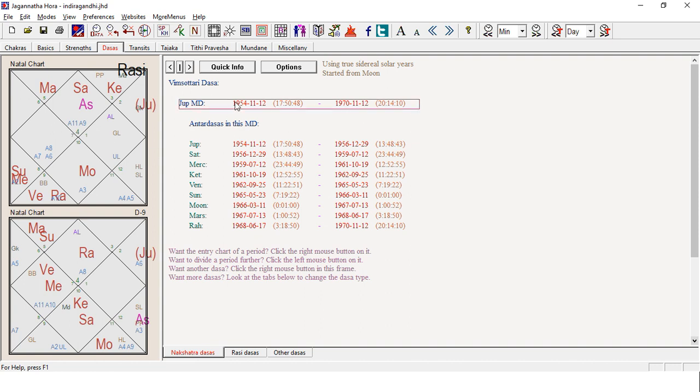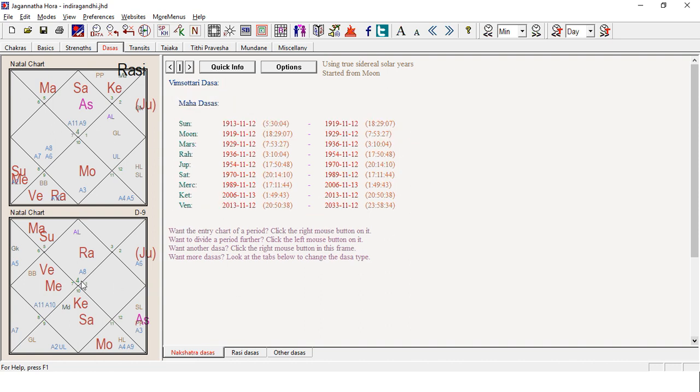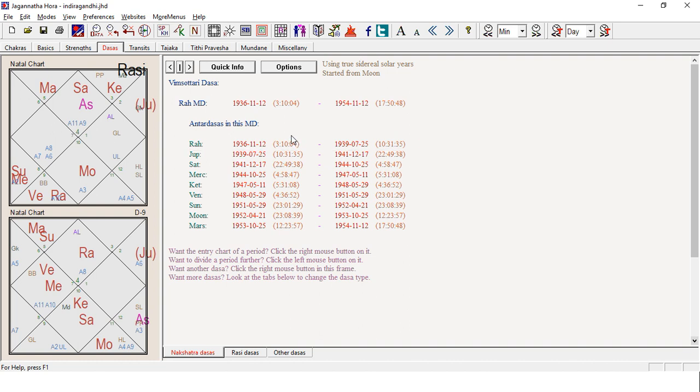Now let us examine Rahu's Mahadasha. How is Rahu's Mahadasha going to treat her? Rahu is a functional malefic for Cancer Lagna, and Rahu also sometimes acts as a marriage broker. In many charts you will see that Rahu's aspect on the 7th, or Rahu transiting the 7th, arranges a marriage. I've seen many charts, you also try. So here, Rahu's Mahadasha started from 1936.